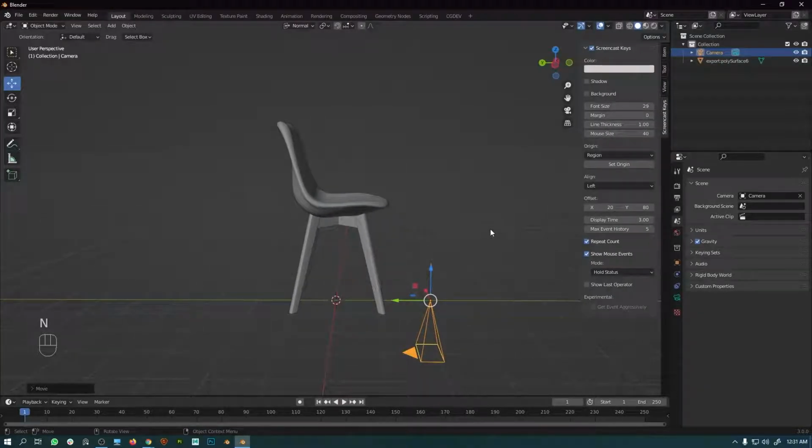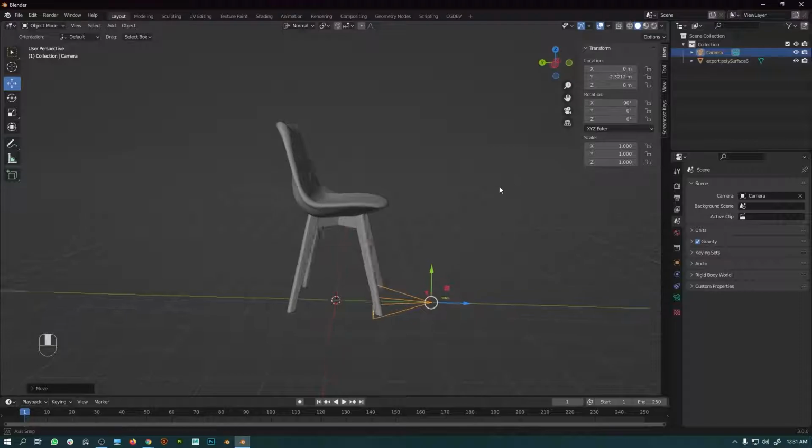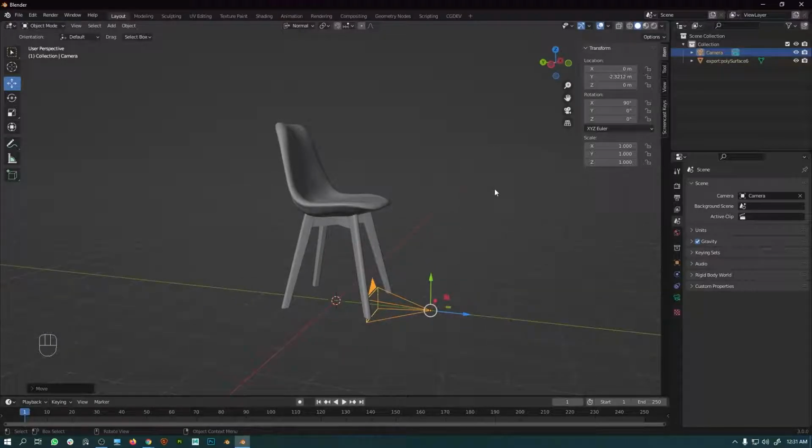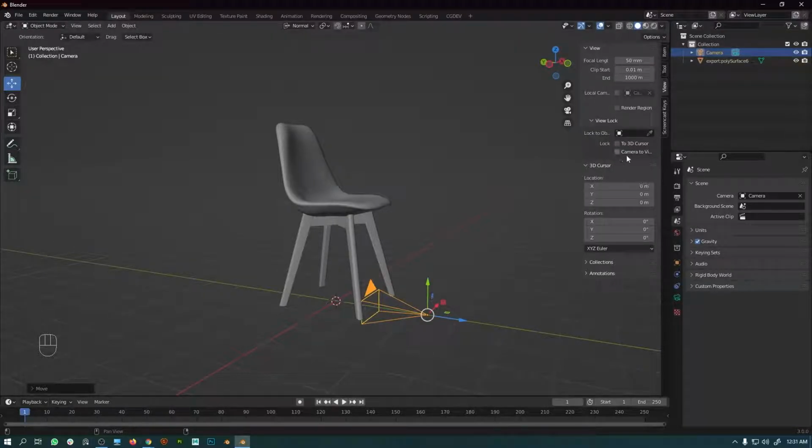So we'll press N and we are going to go to this item tab right here, and under rotation we are going to come under the x-axis and type 90 like that. So the next thing I'm going to do is lock this camera. For that I'm going to come under view, and in here you can see that there's an option to lock your camera. I'll press on this.